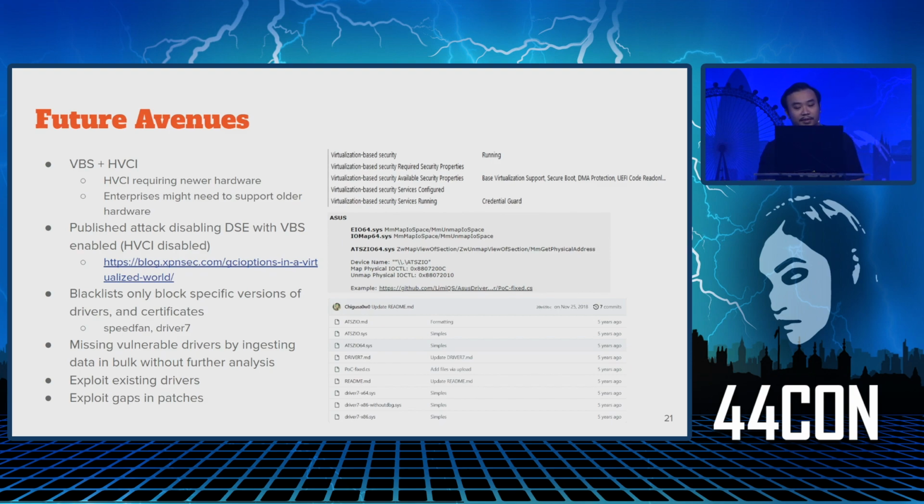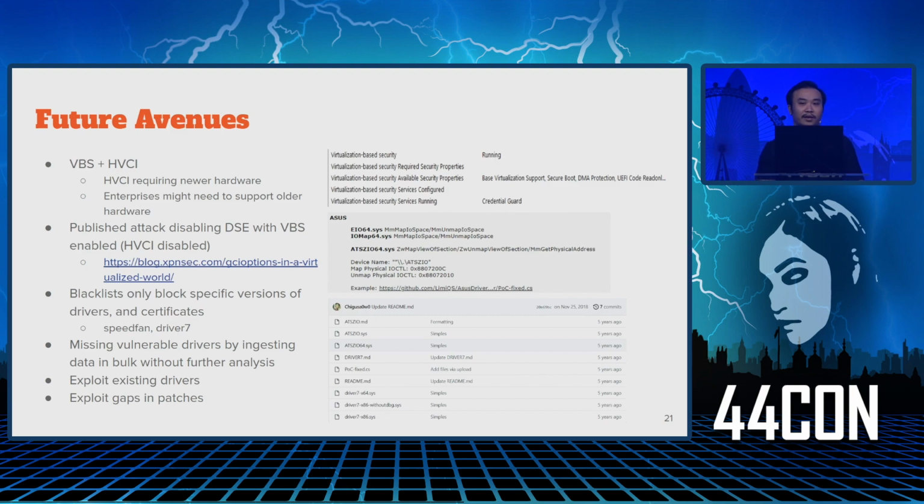So next is, what if, in a perfect world, the LOLDrivers project gets so good that EDR vendors block all known drivers that are being abused out there? What can you do, right? EDR vendors only block you from loading a vulnerable driver. It doesn't do anything if the vulnerable driver is already in the system. So you can